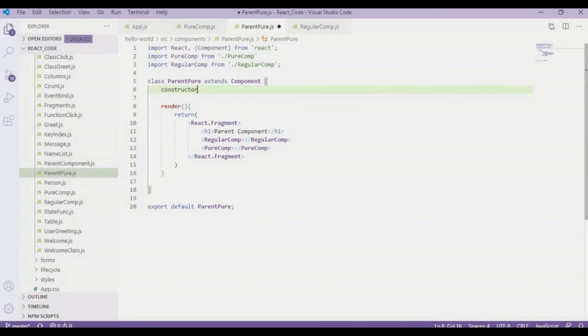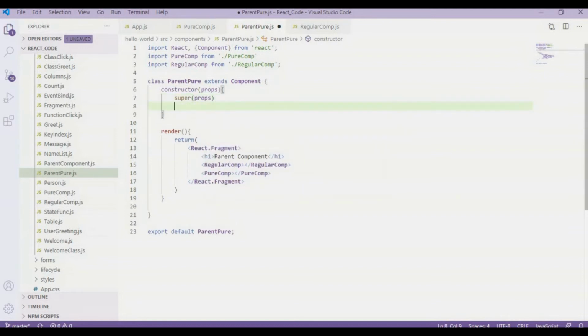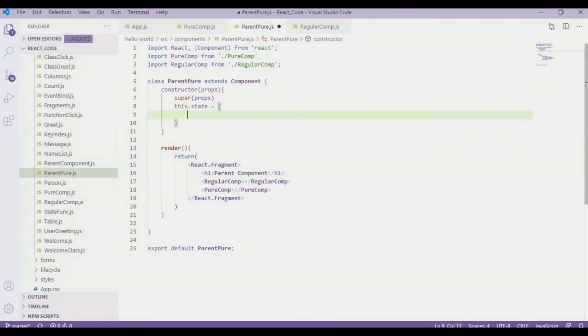So constructor with props, the super method with props, and then I'm going to have a state. this.state is equal to, I should have a value over here, so I will suggest a country, and the name will be India for now.